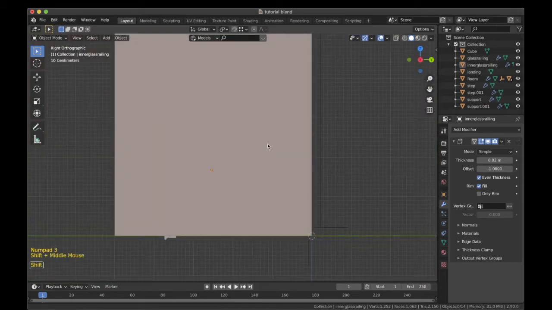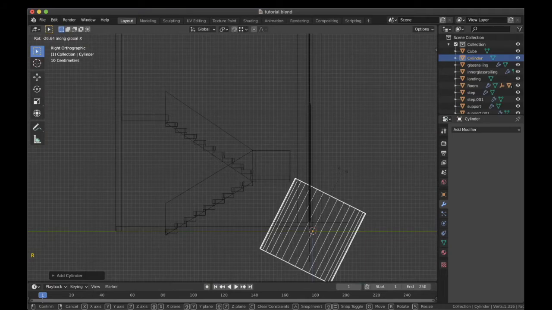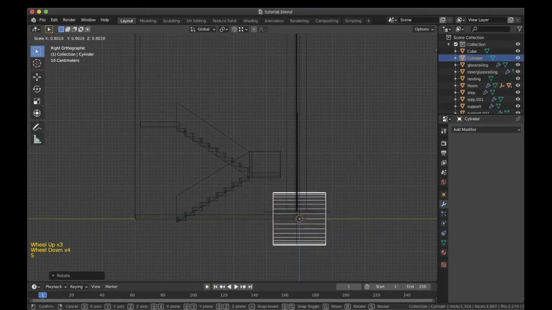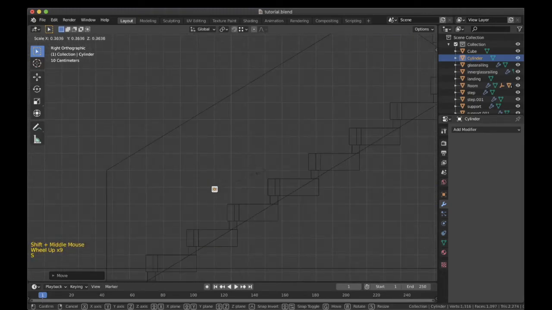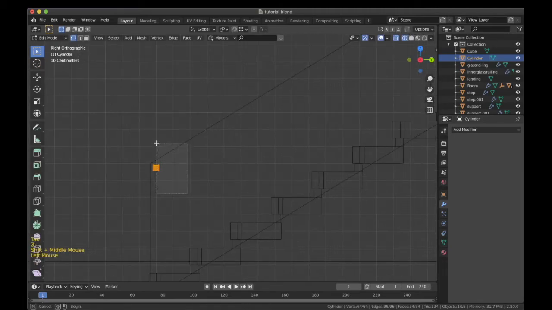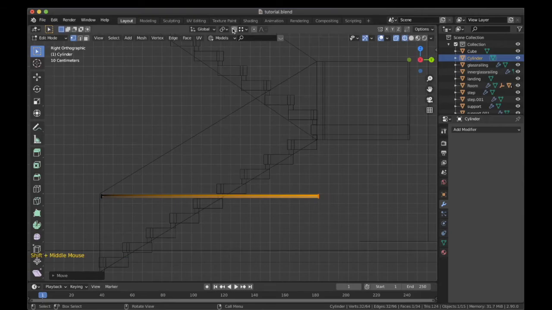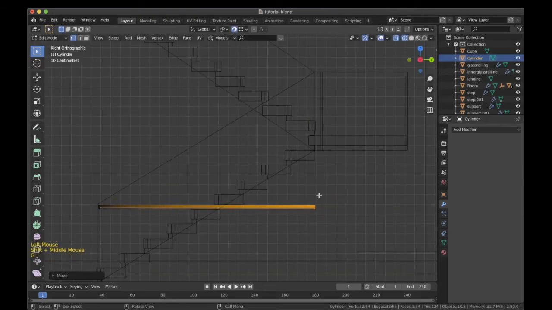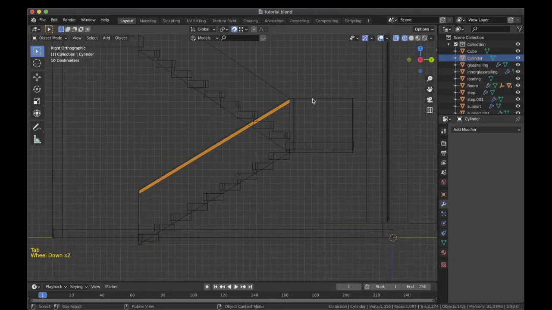To do that, it is very easy. We will first add a cylinder to the scene, then rotate it along the x-axis and then scale it down by a lot. Yeah, scale it down even further. This should be fine. Now first I will press G and then Y until I have given it this much length. Then I will move it along the Z axis. And you can eyeball this thing to give it the appropriate slope. Yeah, this looks fine for that.